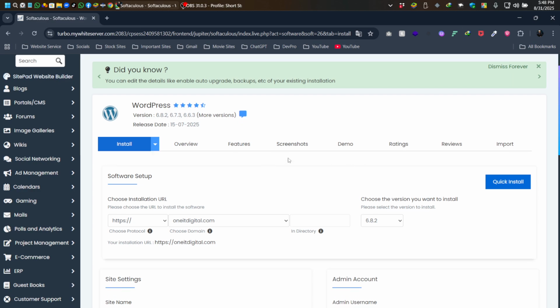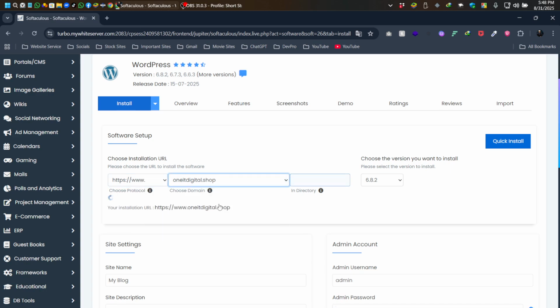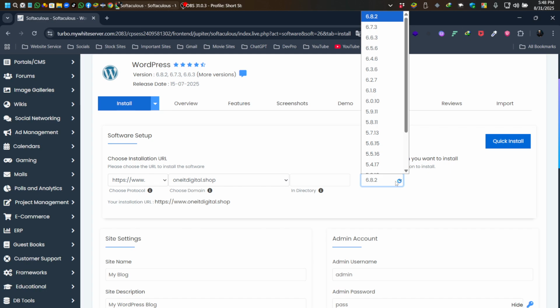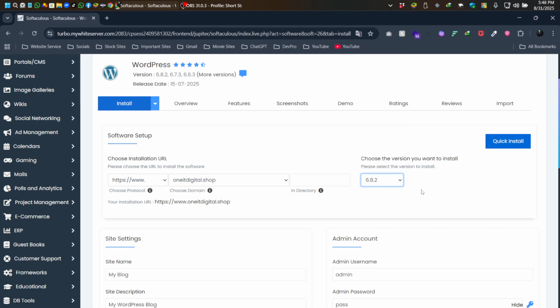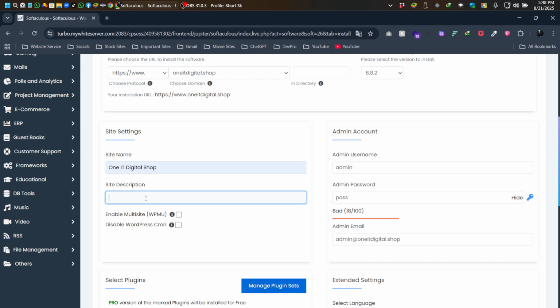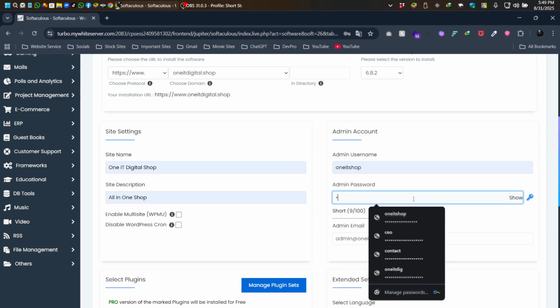After clicking, on this page you have to insert your domain protocol and select one of your domains. I'm clicking my shop domain, and here the WordPress software version is shown, so keep it as it is. Okay, then you have to type a site name, so I'm typing one of my site names, and you have to type a site address, I mean description, and here you have to type your username, so I am typing, and here you have to select a password, a strong password,